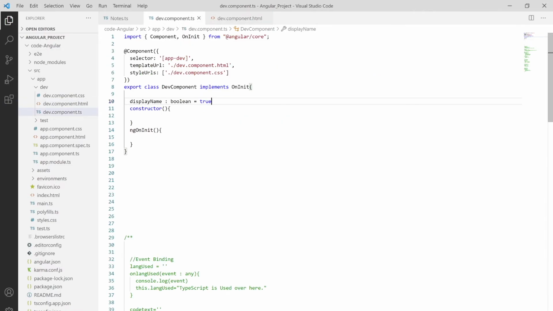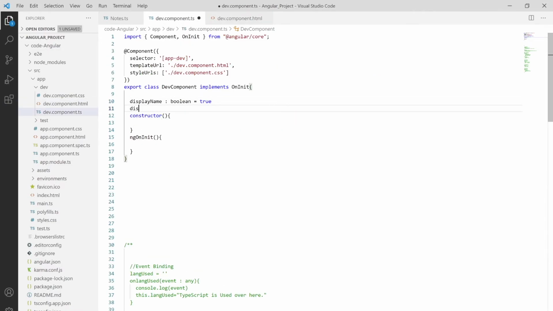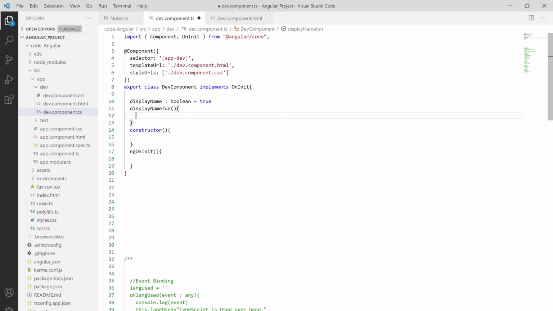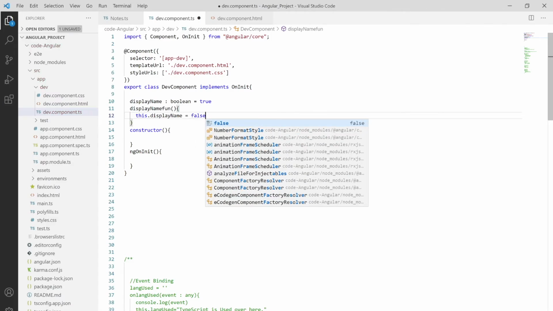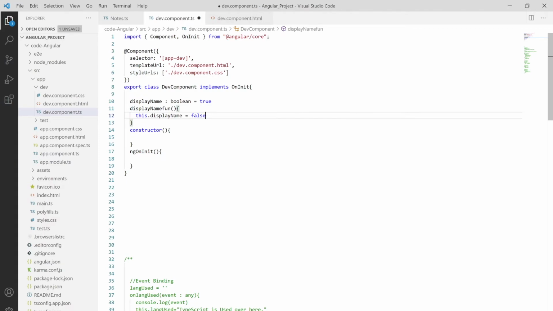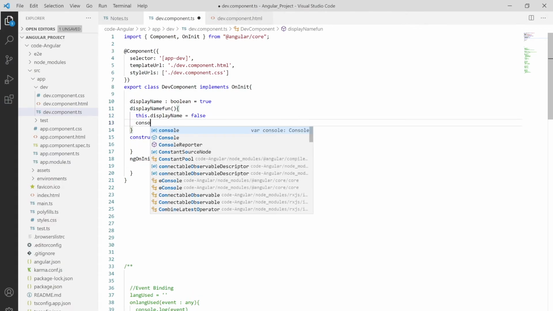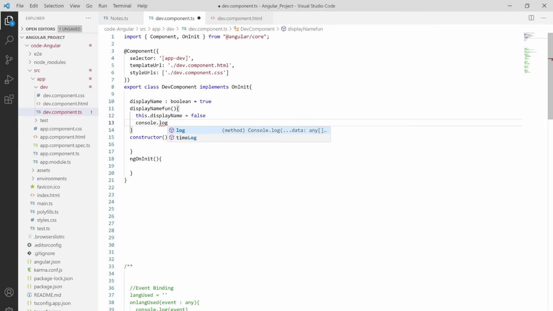So let me go to the browser, and here I'm creating a display name function, and I'm describing this function as this dot display name, and putting this thing to false whenever the function is called. And also let me print this value with console dot log over here.